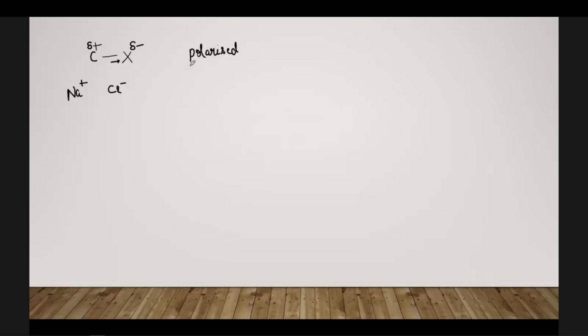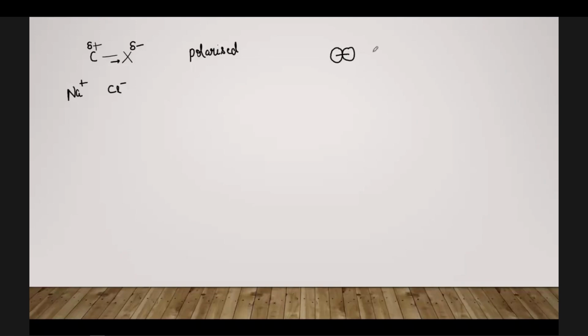ठीक है, so see, for explaining this, suppose this is the carbon atom and this is the halogen atom, and there is a bond between them, like they are forming a chemical bond. Chemical bond actually involves the sharing or the transfer of electrons. So there is the presence of the electron clouds basically. ठीक है, तो